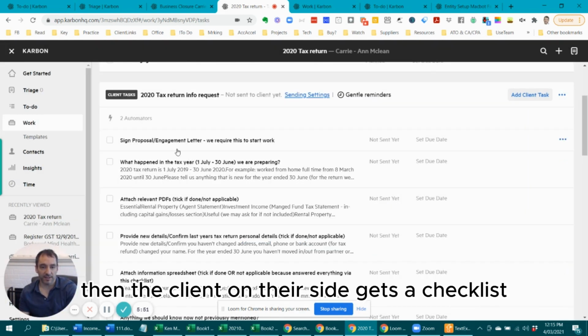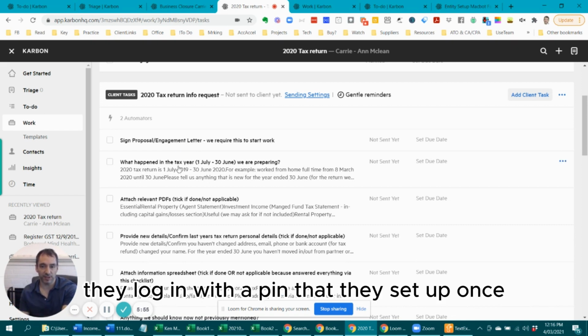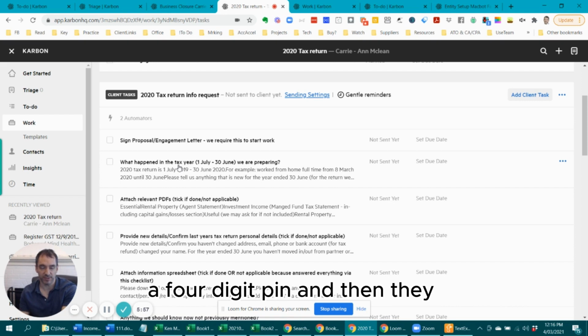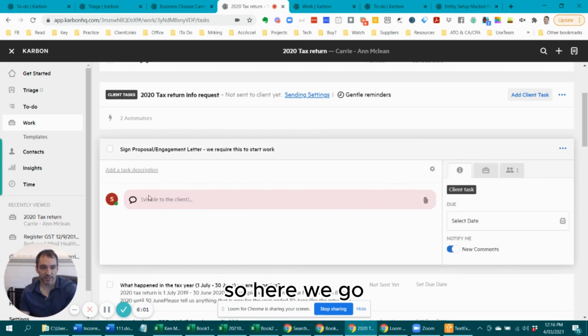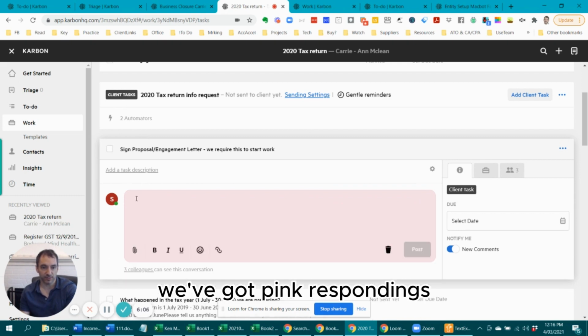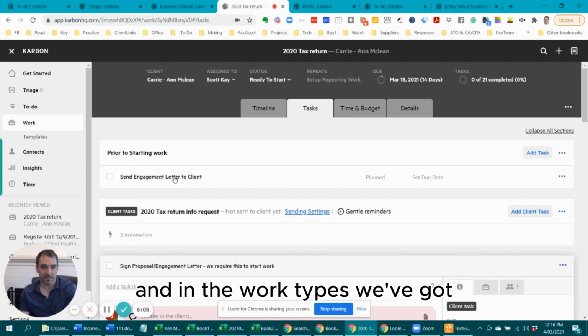Then the client on their side gets a checklist. They click on it, they log in with a PIN that they set up once, a 4-digit PIN, and then they can comment or respond. So here we go. In these client tasks, we've got pink responding, which is visible to the client, and in